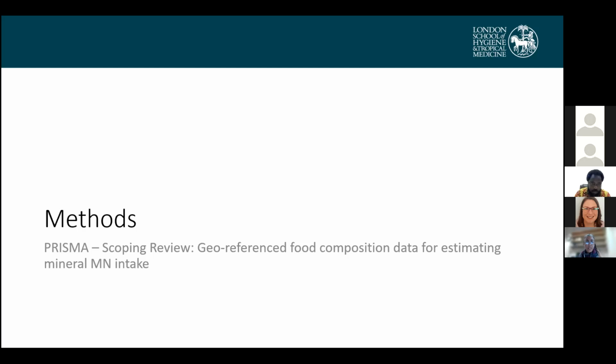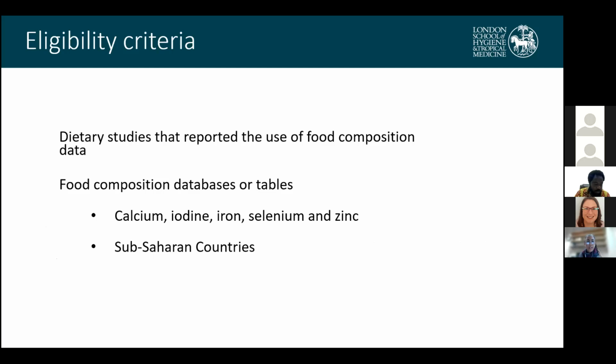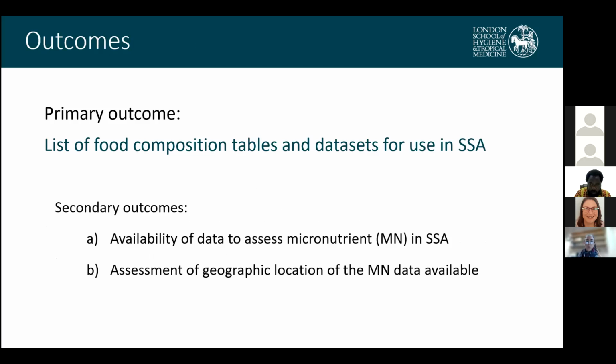So as a method, we used a scoping review following the PRISMA guidelines, and the criteria that we used: we included studies that were assessing dietary intake of calcium, iodine, iron, selenium, and zinc, and that reported the use of a food composition table. Also, we included food composition tables that report the content of calcium, iodine, iron, selenium, and zinc, and were meant to be used in Sub-Saharan countries. So again, the primary outcome was the list of food composition tables and data sets to be used in Sub-Saharan Africa, and the secondary outcome was the availability of those nutrients and the actual geographic location